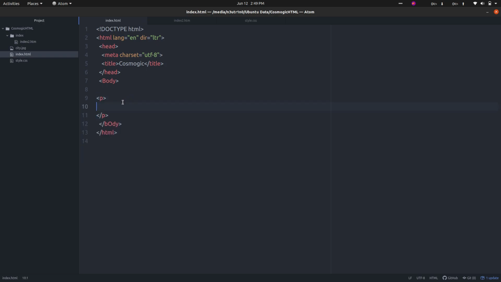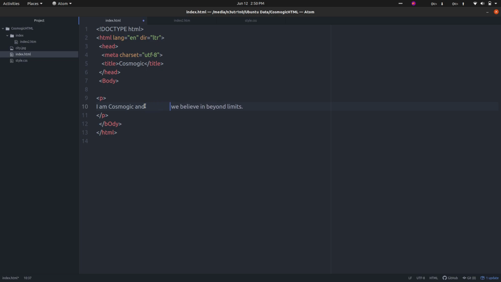When we want to write the text as it is, like if I have written I am Cosmogics, and we believe in beyond limits.